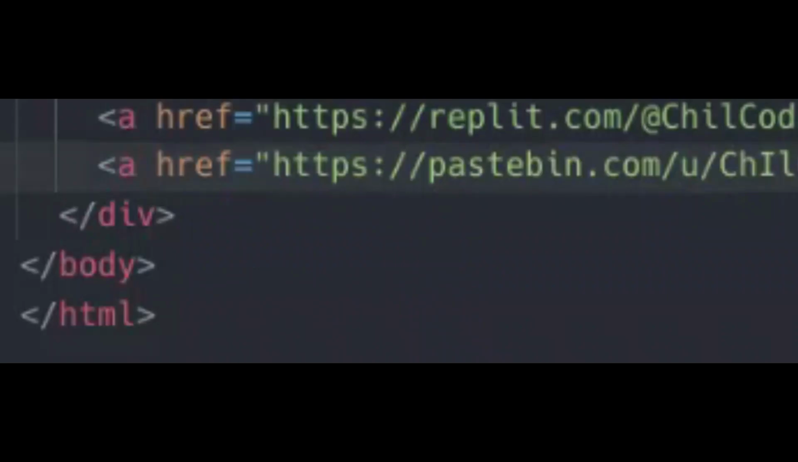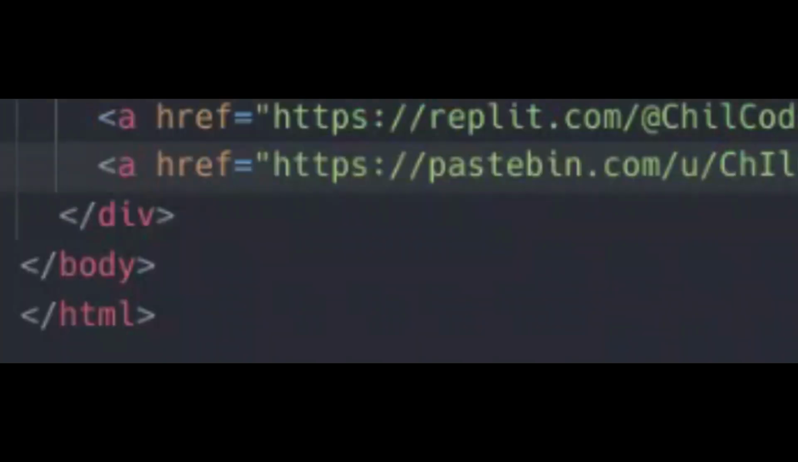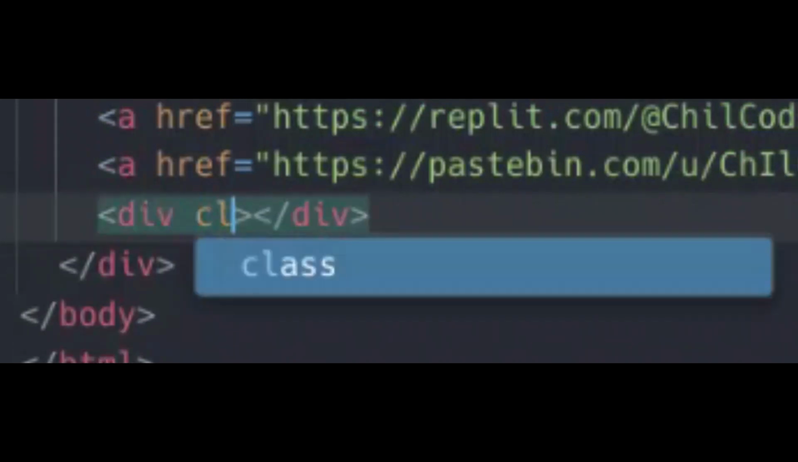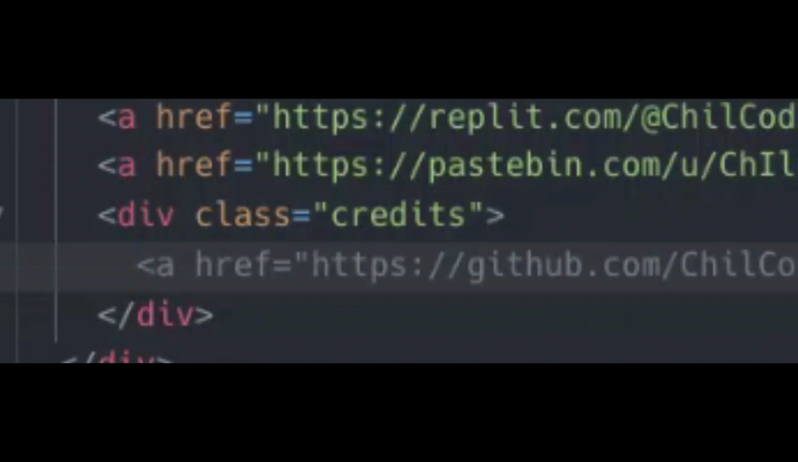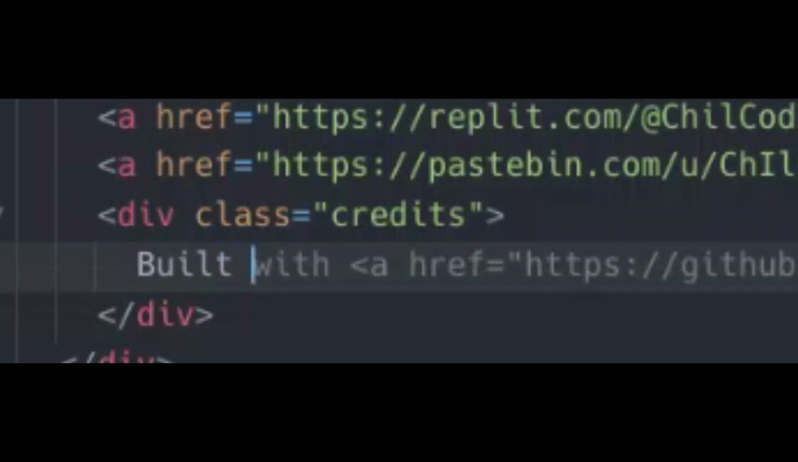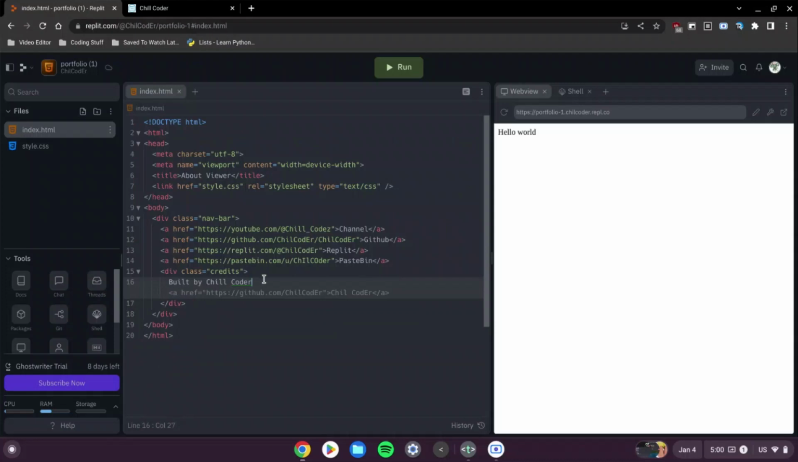So next, now we got the navigation bar. We need to do the credits right here, which is also the same div. So we're just gonna do div, hit tab, class. We're gonna name it credits, and then hit enter. Now just do build. We don't need to draw anything. Just do build by chill coder. Okay. Now that we've got this basically done,